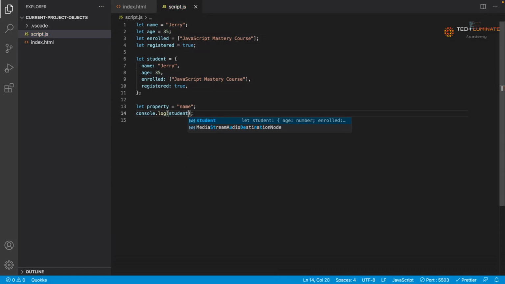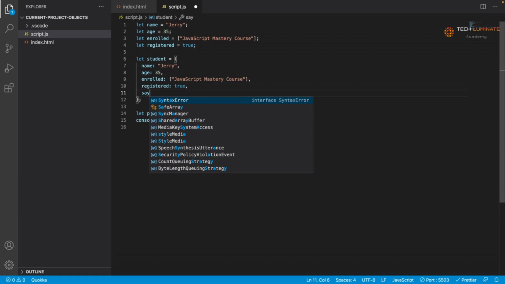Now, when it comes to objects, you can also create functions within objects, which are called methods. And the reason why they're called methods is because they're created within objects. So for instance, if I wanted to add a function to this object, I could do it in one of two ways. The first way,